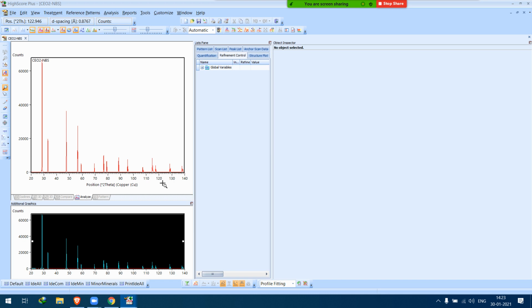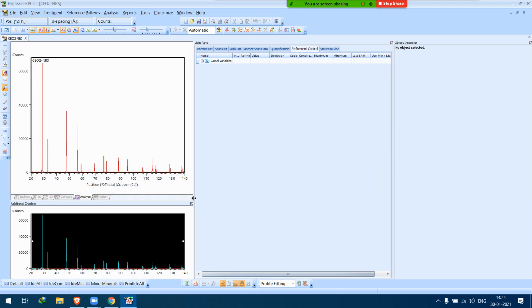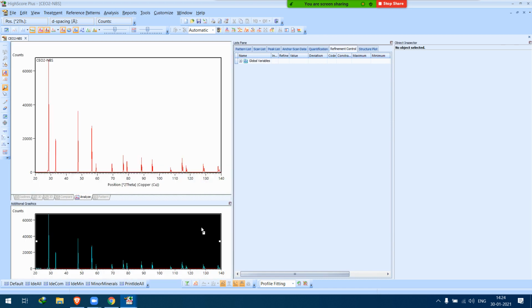So if you have macro strain in your sample, it will give a slightly higher value than the original. Now for the Scherrer equation, and for any calculation of macro strain and crystallite size, the higher-angle peaks and very low-angle peaks are very difficult.